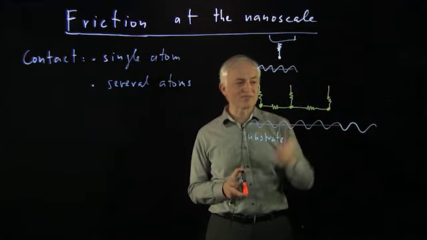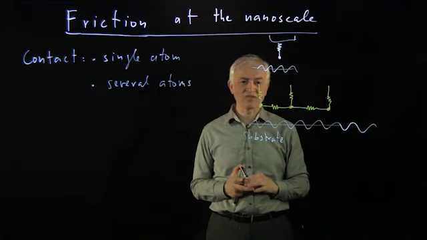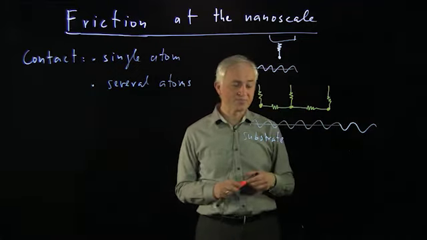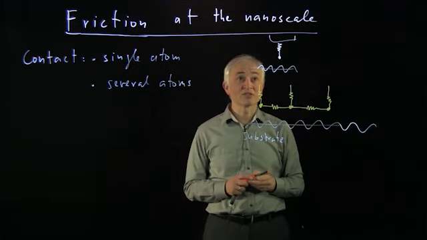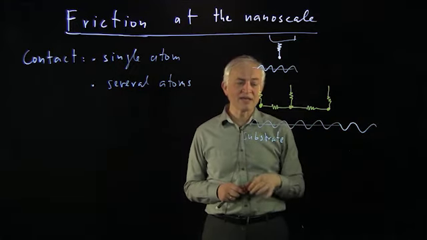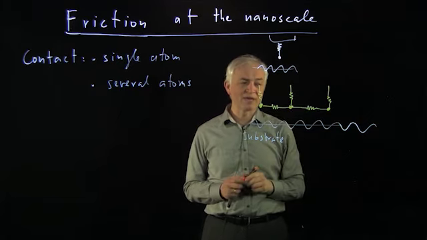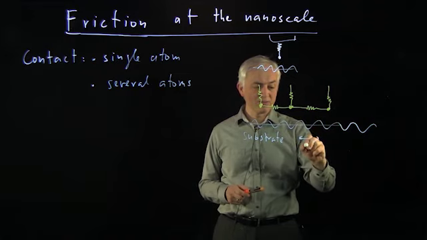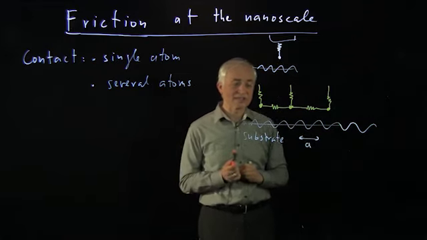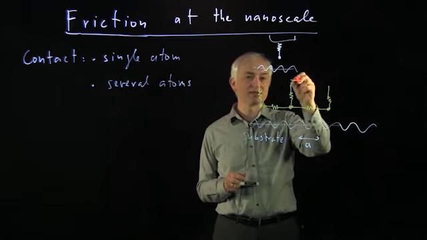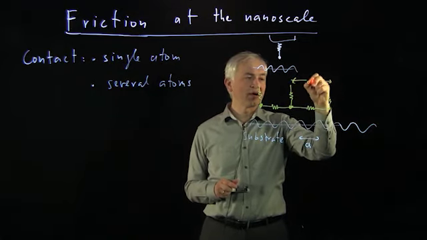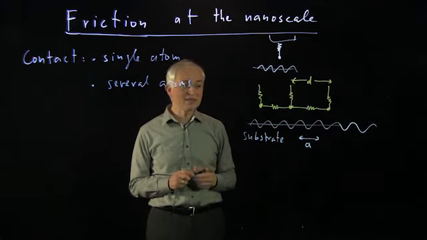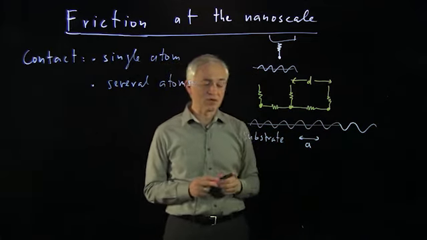Now these are only masses with springs and some simple periodic potential, and yet the situation is quite complex and in many ways counterintuitive. And the first thing that changes compared to the single atom is that now I have the distance between the atoms as a parameter. So if I label the period of the periodic potential as A, and the distance between the atoms in the object as D, then I can have different situations.